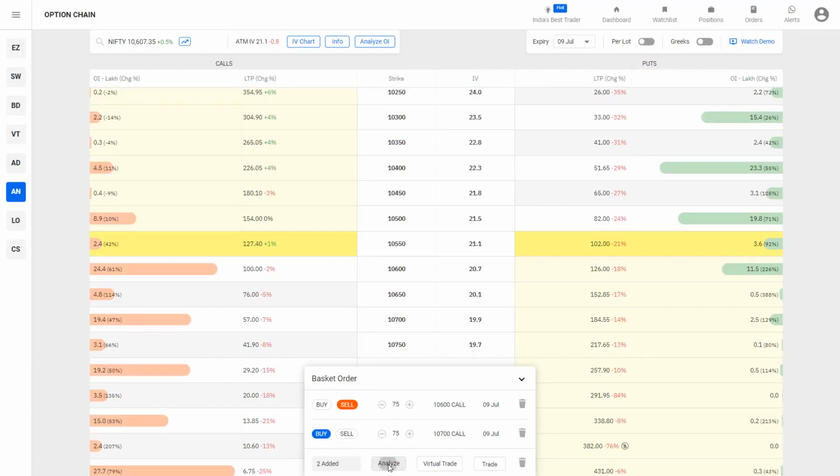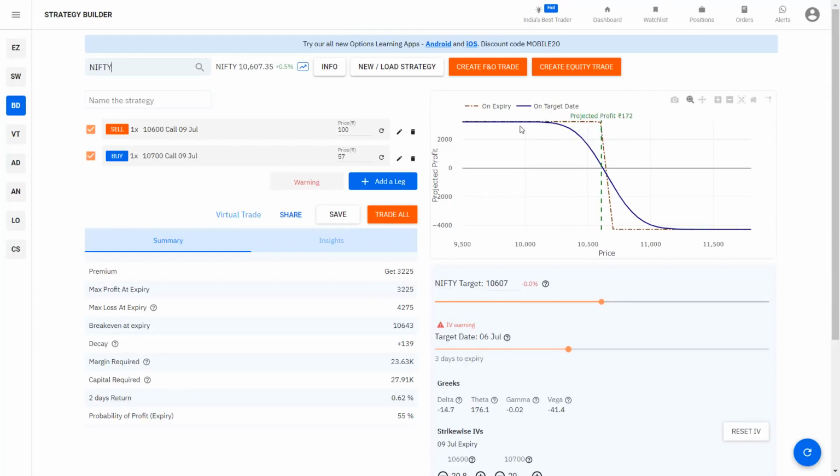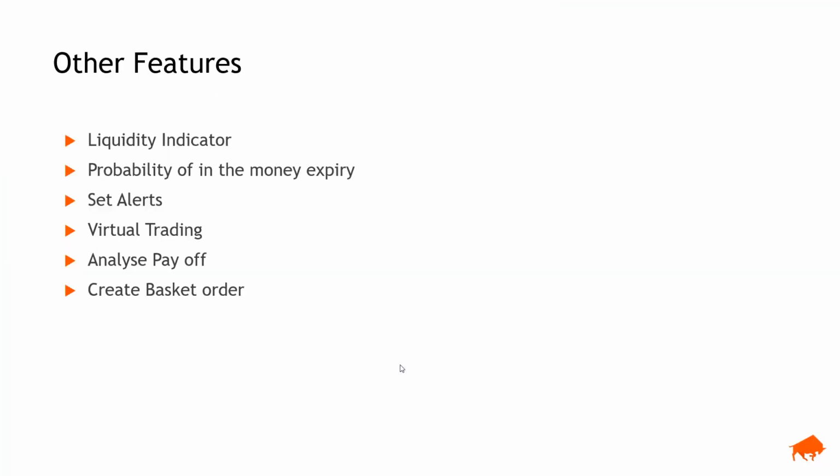Now let me see what it looks like. I can click on analyze and it opens in a builder and I can see the payoff of this option structure. So here it is, you can see how much is the premium you're getting, how much is the max profit, how much is the max loss, what's the break even, what will happen if this goes here on this day or here on this day. Let's say on 8th of July, if index is at 10,510, how much money will you make? You can do all sorts of analysis. It gives you a probability of profit, 4-day return. You can see the margin required has now significantly reduced because of the hedge benefit, etc. Right? So this is another thing you can do in this option chain.